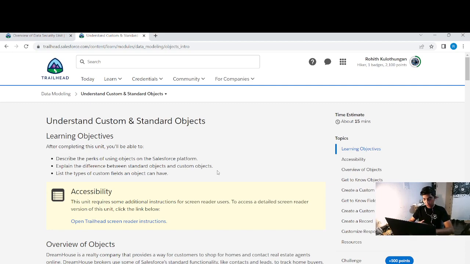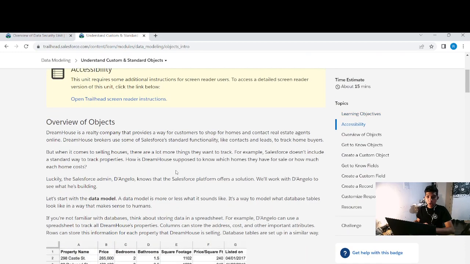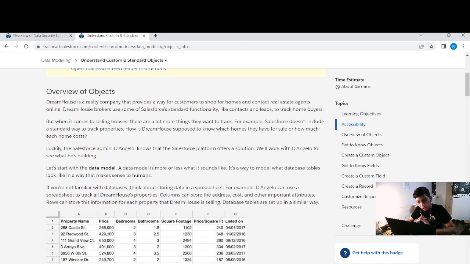After this chapter, you will understand the perks of using the Salesforce platform objects. The second one is the difference between the standard object and the custom object, and the types of custom objects an object can have. So that's it. The overview is about a company where